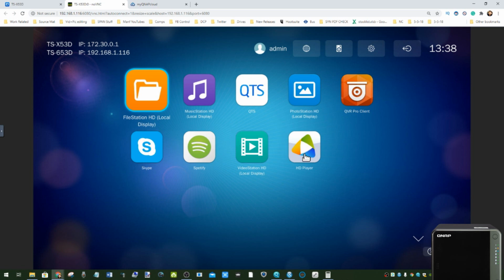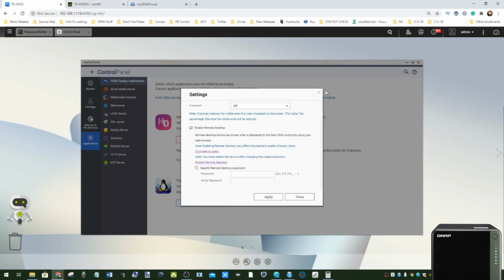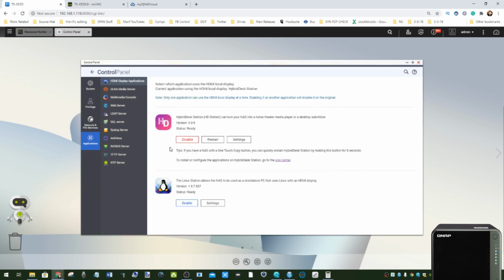Alongside that, you've got an HD player, you've got the QVR Pro surveillance client that we're going to look at later on, and access to applications in the third-party form such as Skype and Spotify. There's a huge number of applications that you can download from the QNAPclub.eu website unofficially, and there's lots of homebrew apps there too, and they're always adding applications to this portal. If we go back to the NAS desktop user interface here, we can carry on looking at the rest of